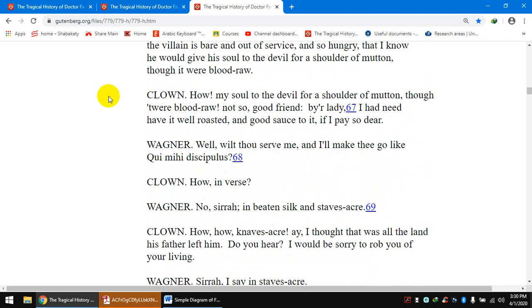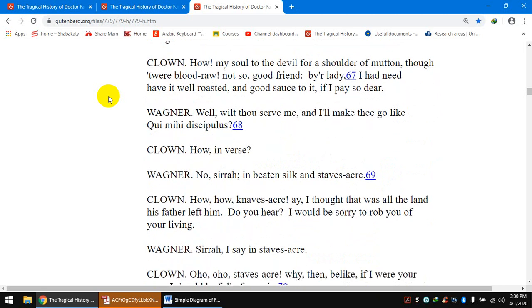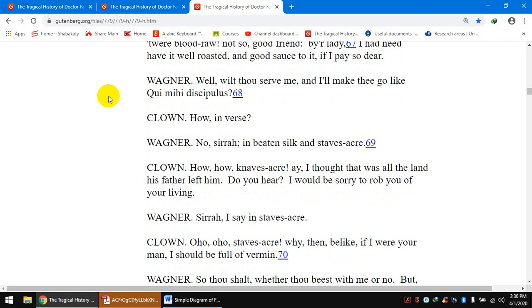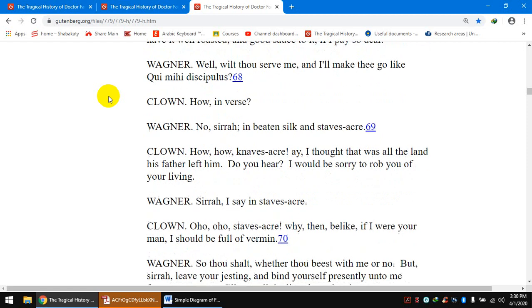So here in this scene, it's a very simple scene. It's between Wagner, who wants to control the clown. Also, it has a kind of bargain, as this scene is a copy of scene number 3. So here the clown plays the role of Dr. Faustus, as Dr. Faustus followed the devil,